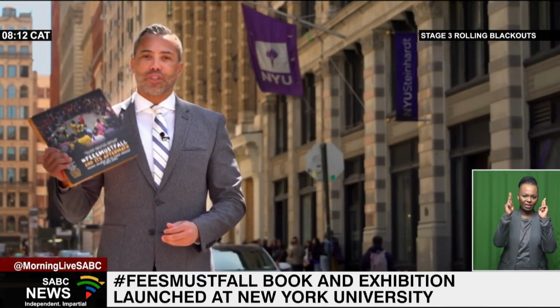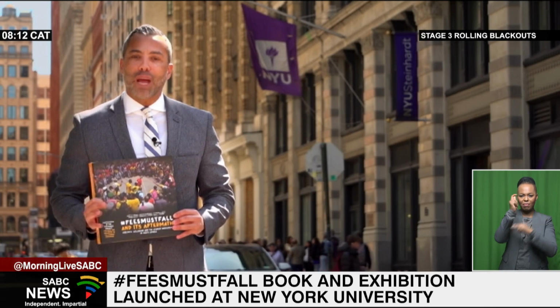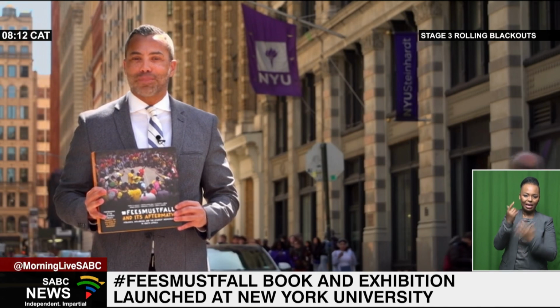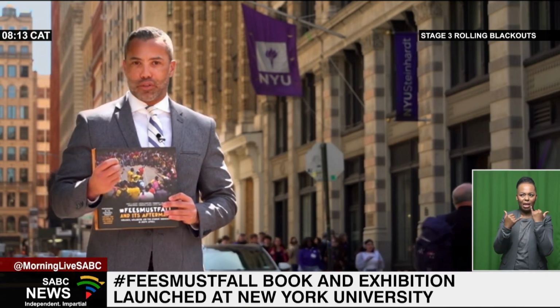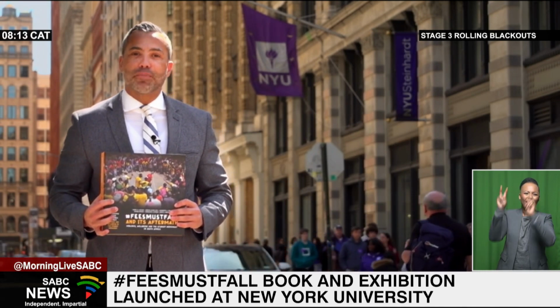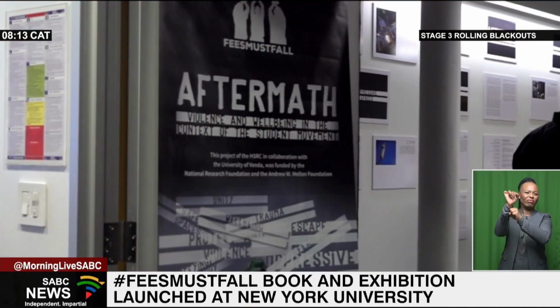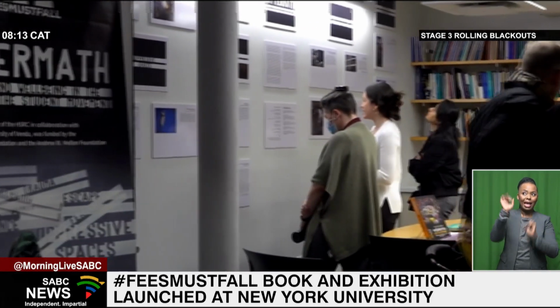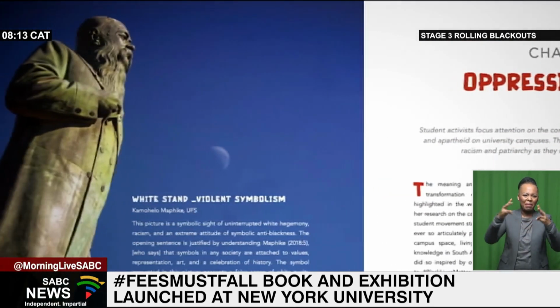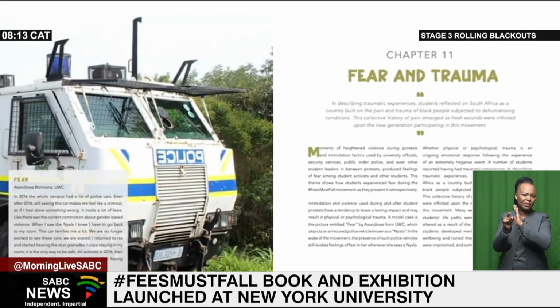The exhibition chapters in this book are divided into 4 themes. First, looking at the context or the reasons for the Fees Must Fall protest, followed by chapters detailing the protests themselves. This is then followed by a series of chapters looking at the dynamics within the protest movement and its impact on students. And then finally, a look at the well-being of students, particularly in the aftermath of the protest movement. The exhibition showcasing narratives around protest and violence, oppressive spaces including statues reflecting elements of white nationalism, then trauma,